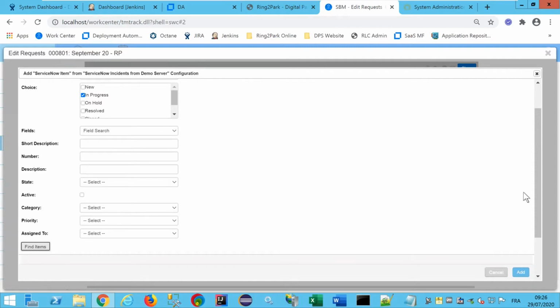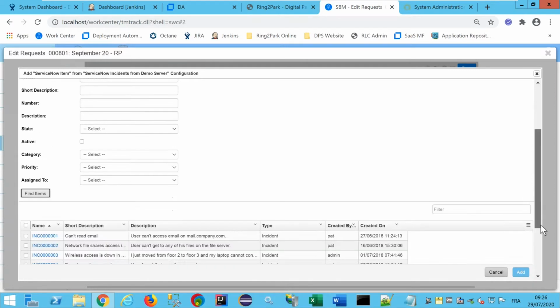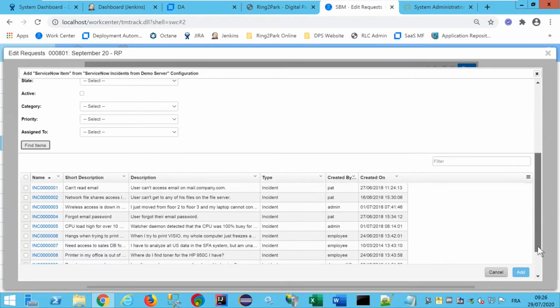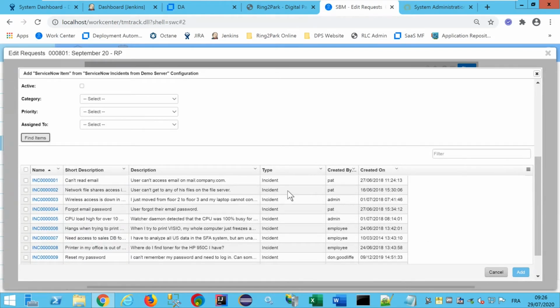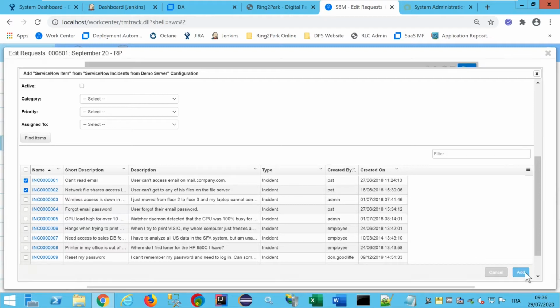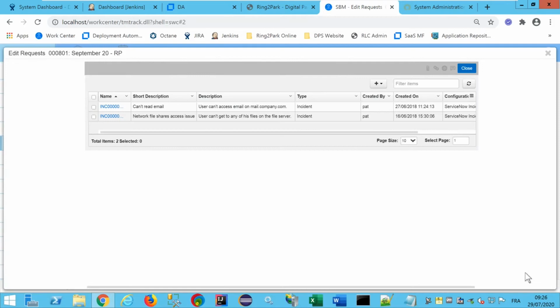So currently, Release Control is browsing ServiceNow to get the list of incidents with the in progress status. So these are all the incidents coming from ServiceNow. So you can select multiple incidents, for instance, and add them to this release package. So it means that deploying this release package should fix those two incidents. So just to add information about the context of your deployment.